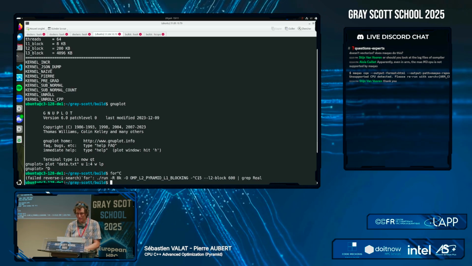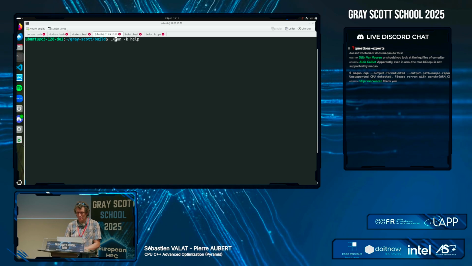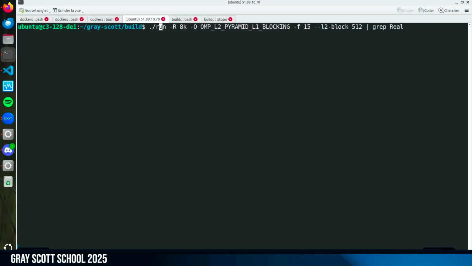So here I made a for loop. We can do it together. I have a run, let's say it's 8K, L2 pyramid, dash F10 for forward. And what I want to change is to play with this number, the number of blocking.